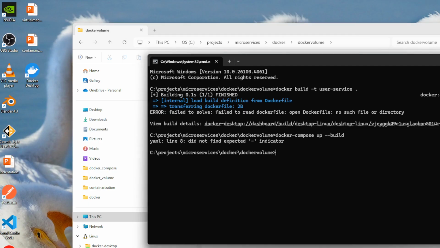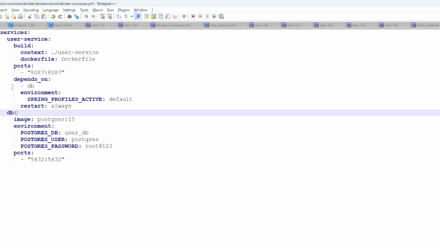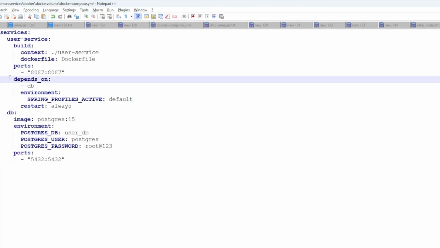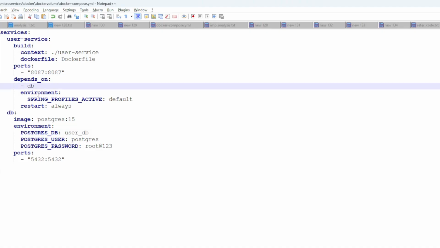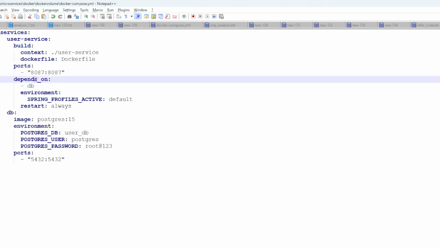Okay, so at line number 8 there is some issue. It is showing. So this is line number 8, and it depends on, after that,